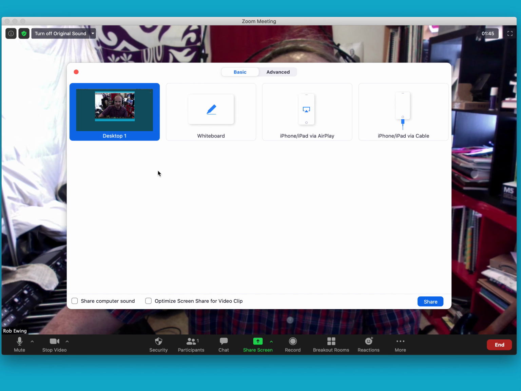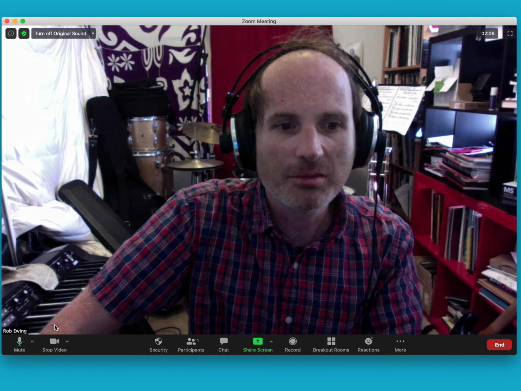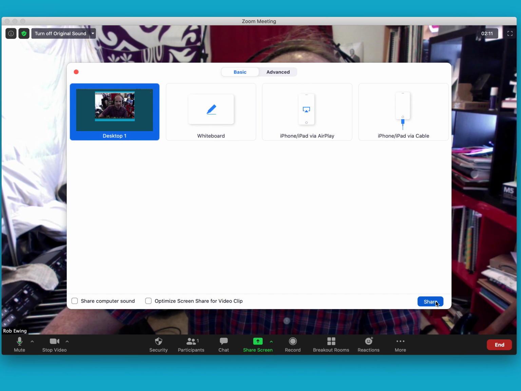But if I had other applications open, PDFs, Sibelius files, browser tabs, those would show up here, and you could share them by selecting the window in question and then pressing share. Now I'm sharing my whole screen, which you can tell. However, if you were to do a share and you pressed share, the users would be able to see it,